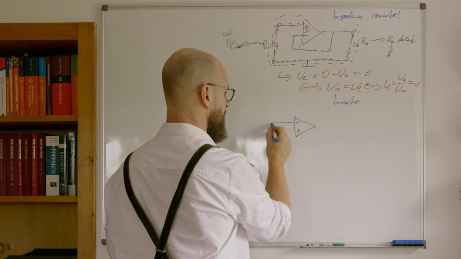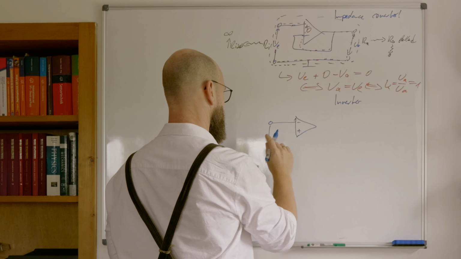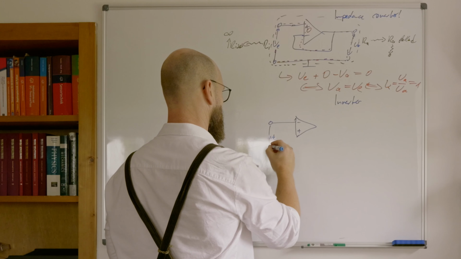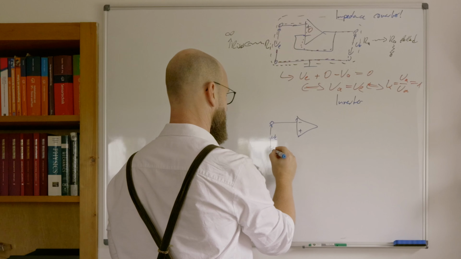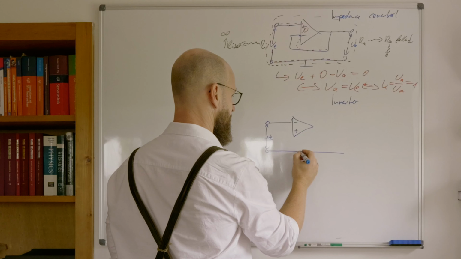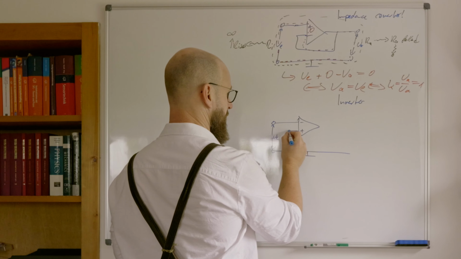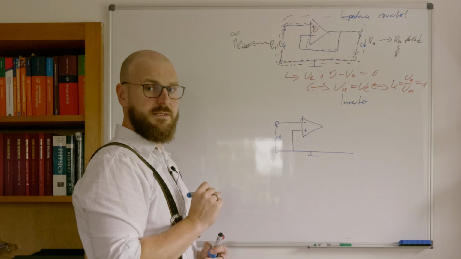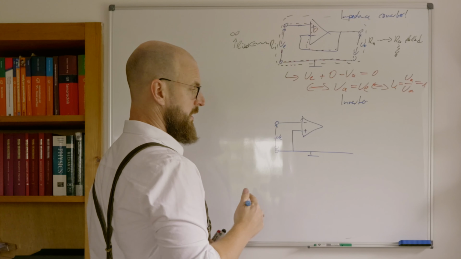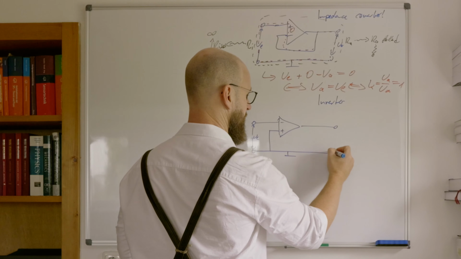We get a nearly identical setup. Over here there's the ground. Connected to the ground is the plus input. And now the output again, UA,